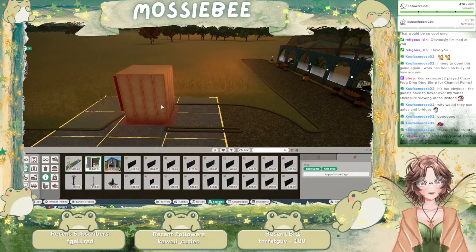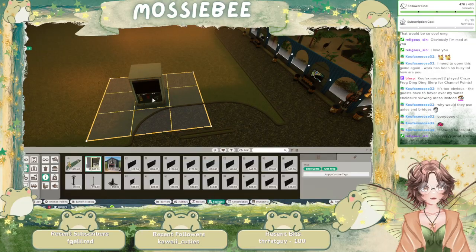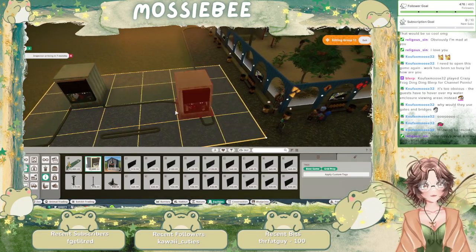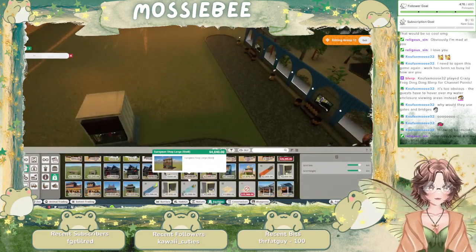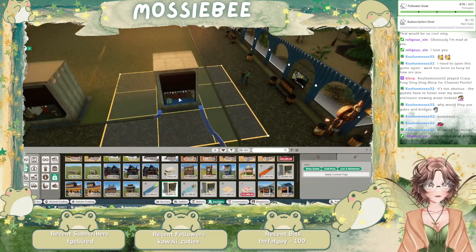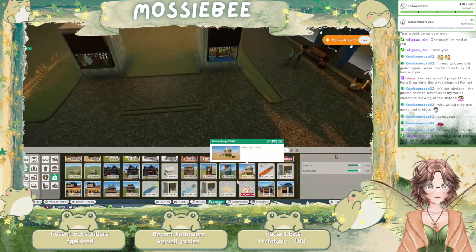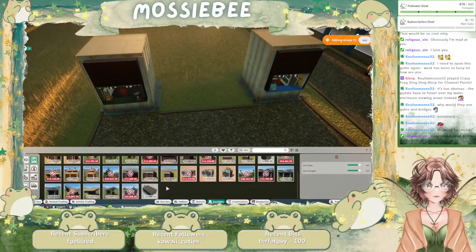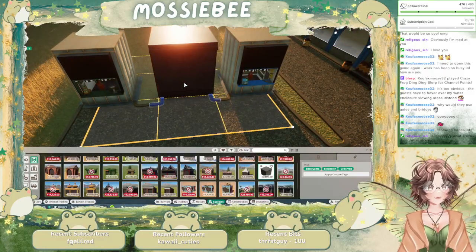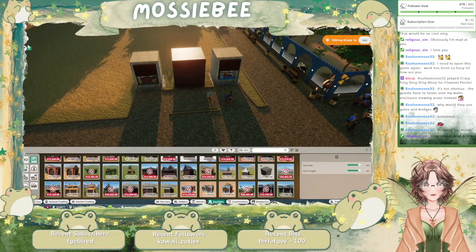I'm not sure if I want to add a food and drink stand yet, because I don't think they're staying in the zoo long enough to warrant one. But I may add one of those and just a memento. There. I might put one of these there. And then I think